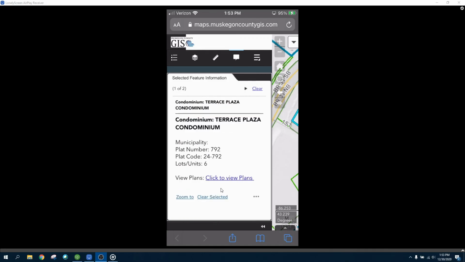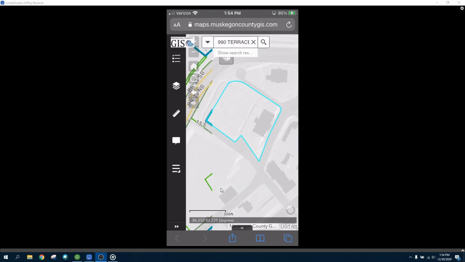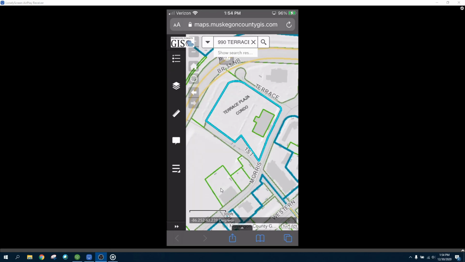I will go back to the condominium, and if I wanted to, I could click the view plans and it would open up a link to the PDF plans for Terrace Plaza's condominium. I won't take the time to show you that today. That is similar to the desktop version. But this was a quick tutorial on how to navigate around the property information viewer in a mobile